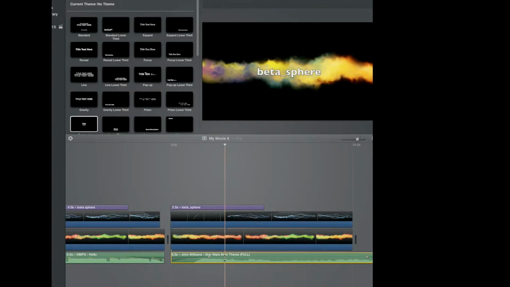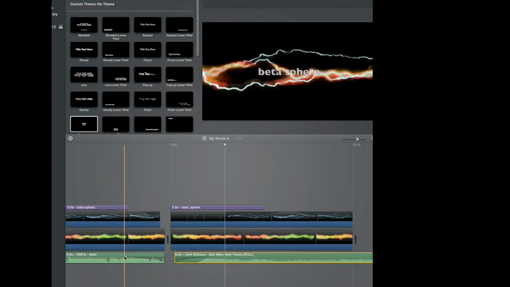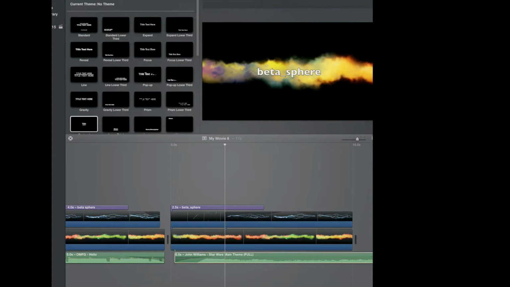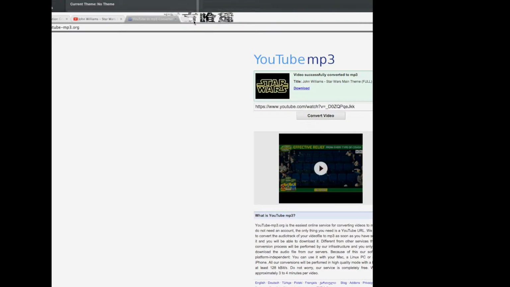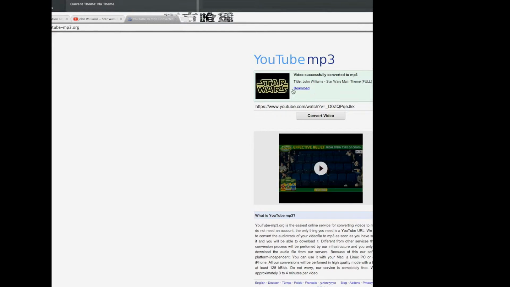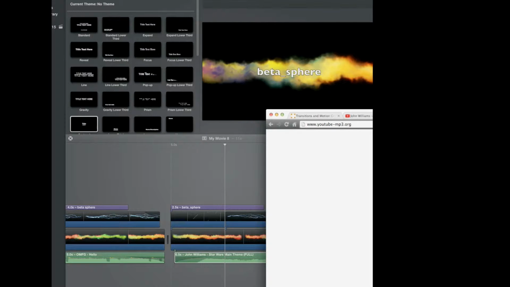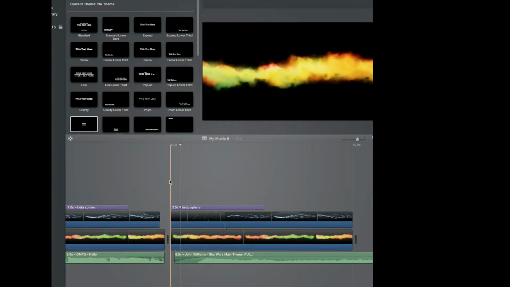So let's do this. First thing you're going to need to do is get your music. So the music here, as you can see, you just simply need an MP4 converter. You take the YouTube video URL, copy it, paste it in here, and download the video. But remember to give credit to the actual music if it's not royalty free. You know, it all depends on copyright purposes. But if you get your music, whatever the music might be,